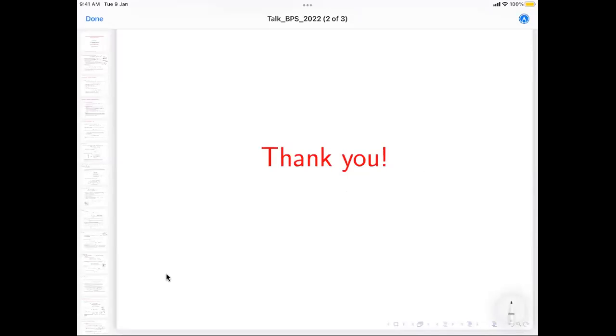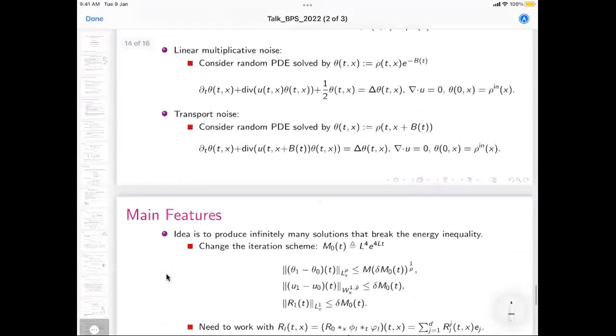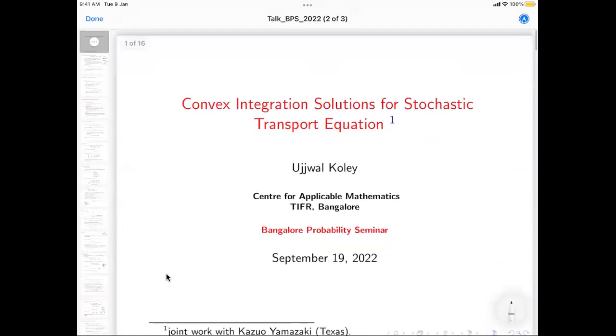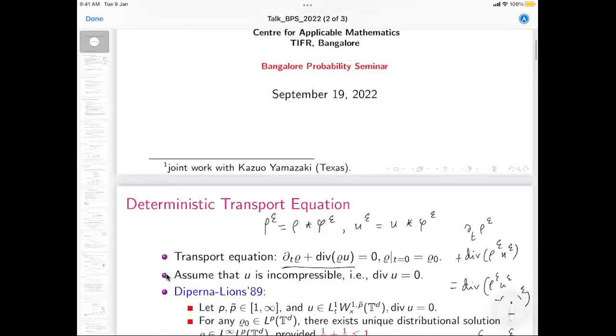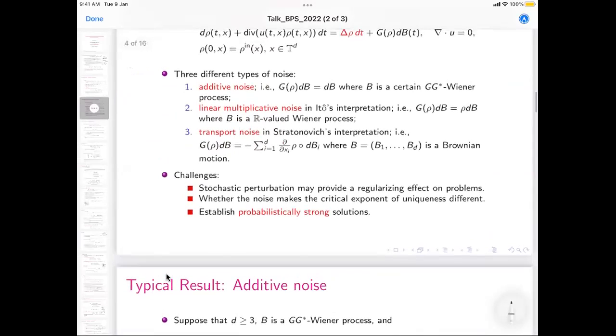Since the title of your talk was Stochastic Perturbation, there is one paper by Bandoli. They consider a transport equation, but the stochastic perturbation they have is Stratonovich, and the coefficient is the gradient. Yeah, that's the way we also considered it, like the third one. It's the gradient times dV. But they don't have the Laplacian. Yeah, I mean, that is just for this. But in that case, they don't have the-